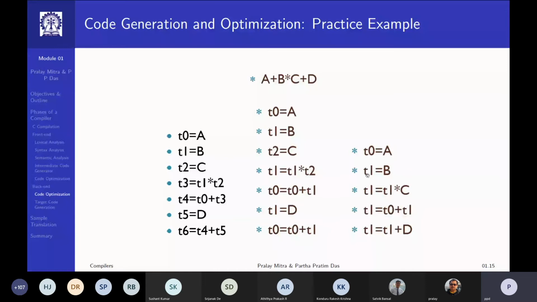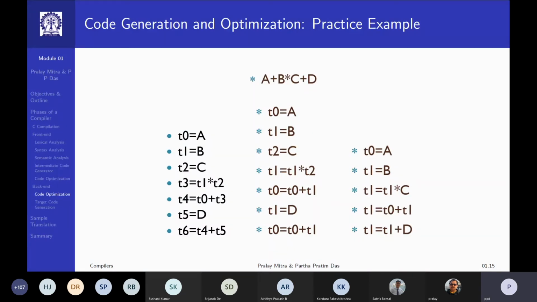T0 assigned A, I can put A directly here, and that will get even shorter. And we'll be able to manage actually with only one temporary. T1 gets B star C, T1 gets A plus T1, T1 gets T1 plus D. And that is the beauty of the optimization.